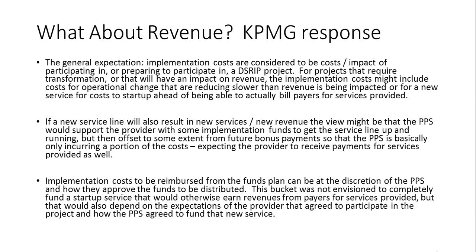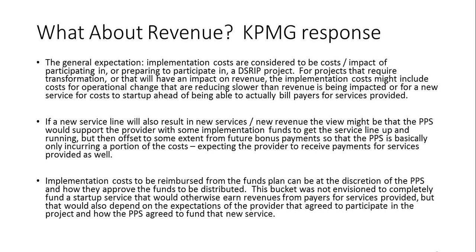And then the second bullet point talked about if there was a new service out of one of these DSRIP projects. It talked about basically saying that we may want to fund some of that revenue, or lost revenue, in the beginning. And then the other point that's been identified in this area of revenue is there may be a new service that is not yet reimbursable by Medicaid or other payers, but it will be in the future before the end of DSRIP. So that's another thing to take into consideration.